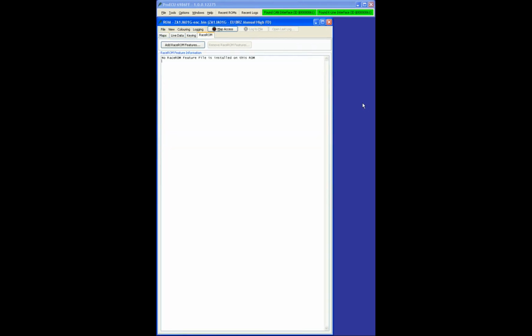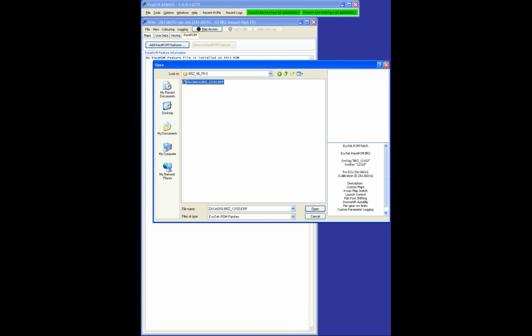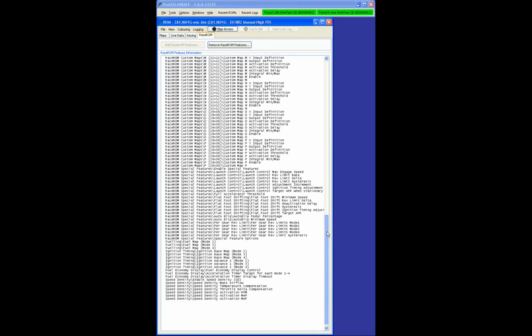The purpose of the webinar is for RaceROM, so we can add the RaceROM feature file. We navigate to our special folder I've prepared earlier, and we can see the RaceROM feature file shown here. So, adding this RaceROM feature file version 12103, we can see it's got custom maps, four-way map switching, launch control, flat foot shift, auto blip, per gear rev limits, custom parameter logging, as well as ECU ROM security. We apply the patch and we see